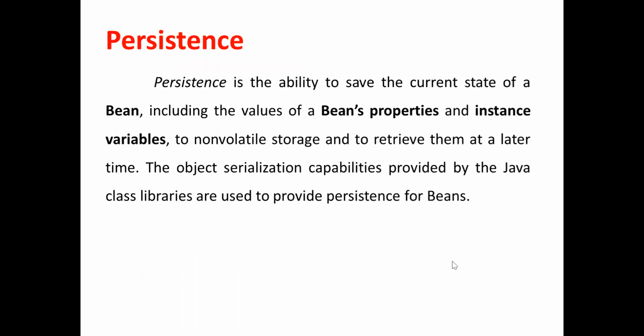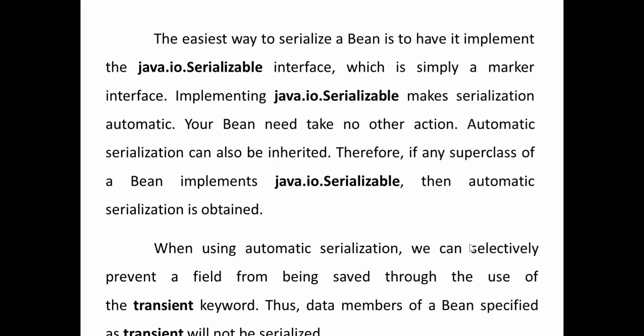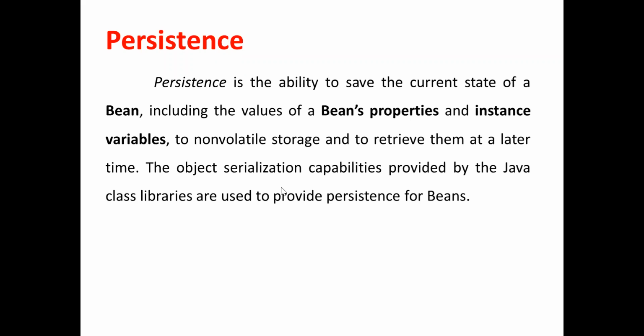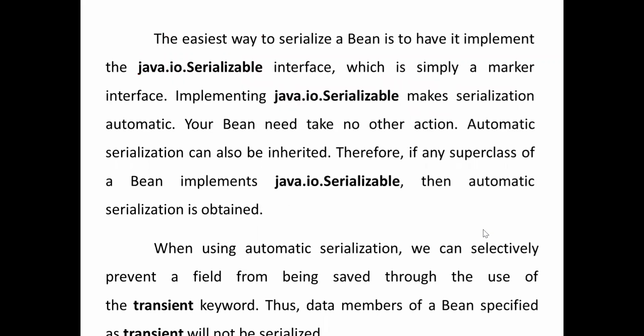And the last one is persistency. Persistency means being able to save the current state of a bean. The current state of the bean can be saved in the bean properties, including the values of the bean properties and also the instance variables. The object serialization capability provided to Java Bean classes lets us provide persistency for the beans. And finally, the easiest way to serialize the bean is by using